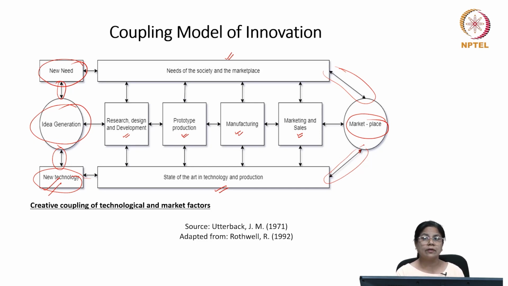In case there is any requirement for them to learn what the need of the society would be, they go back, conduct an appropriate survey, learn from it, and then design the process and the product. Not only that, there is also feedback which comes to the society. So the learning happens both ways. In this way, this is a creative coupling of technological and market forces. So, to revise quickly, on one end we have the market space, and on the other hand we have the technology, and these are now being brought together.